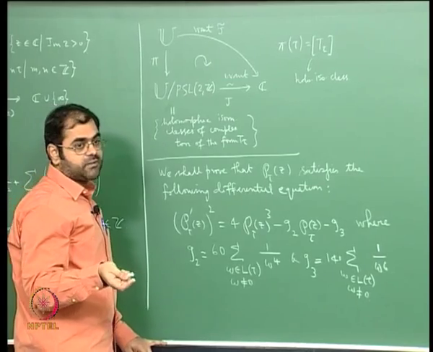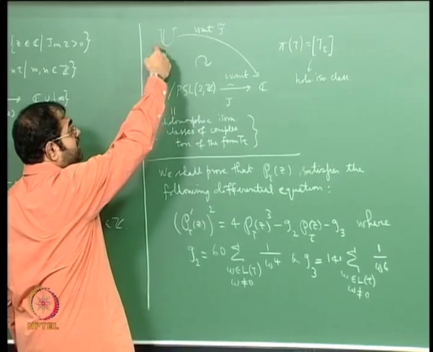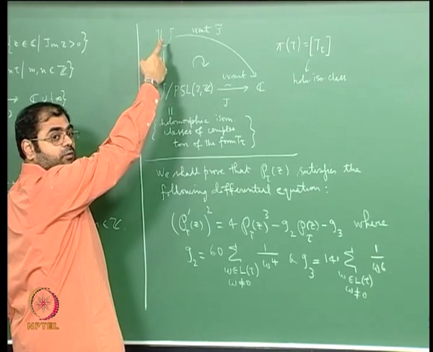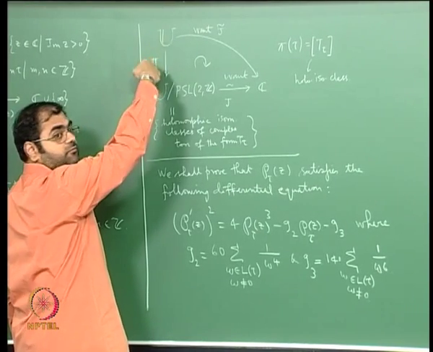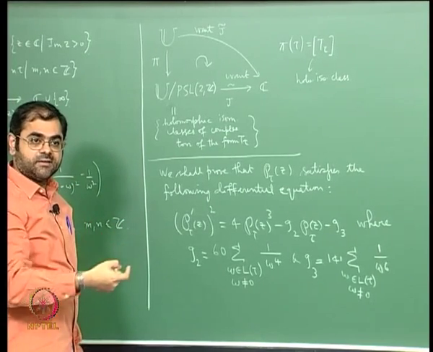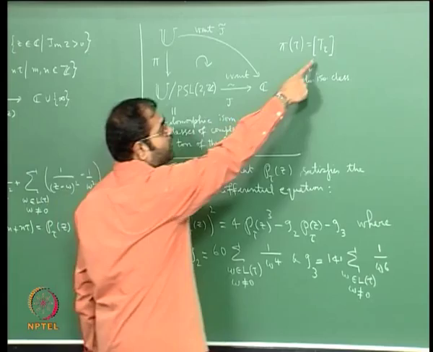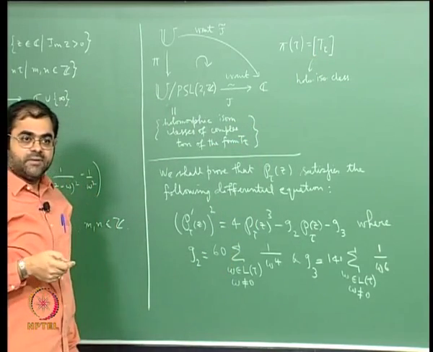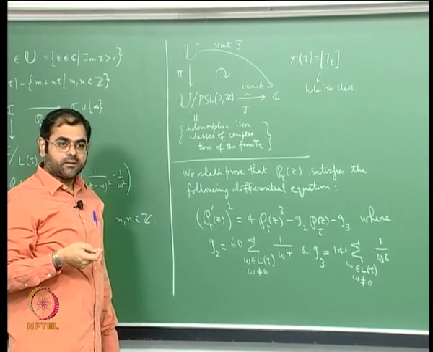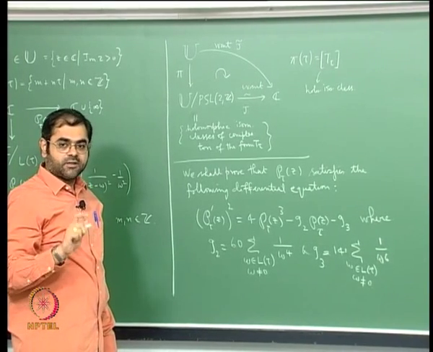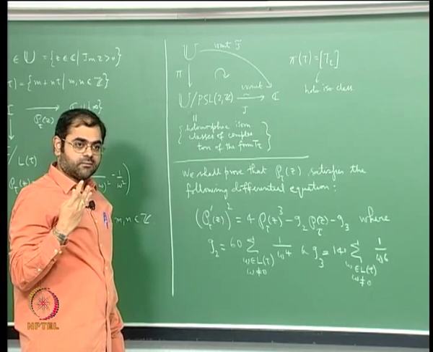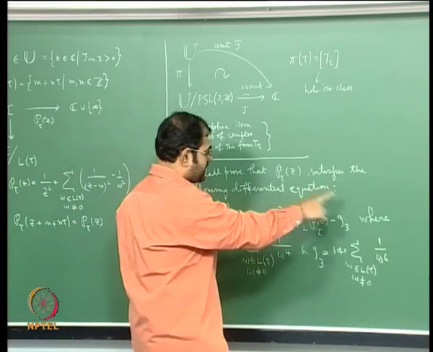And why should you think of dependence on tau? Because you must always remember that you must think of tau as varying over the upper half plane. So you are trying to find an invariant for T tau, that is, a quantity that does not change if you change tau by an element of PSL2Z. So this dependence on tau should never be forgotten. So this is a differential equation.